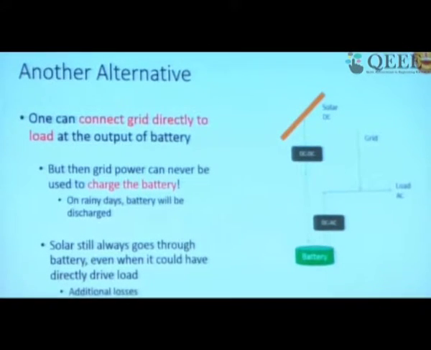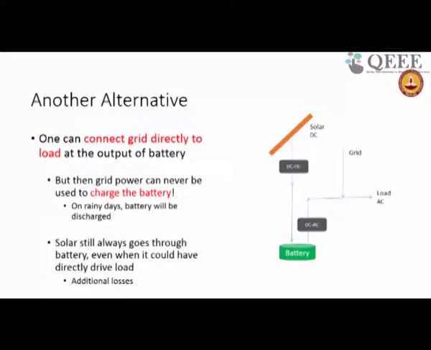Grid power is now never used to charge the battery. So if I have a rainy day, my solar is not charging the battery and grid is not charging the battery, my battery gets drained off. Horrible thing. And in fact, actually grid gives grid power